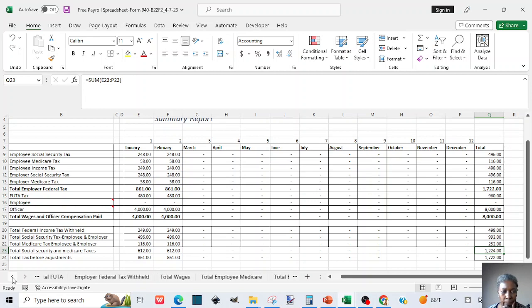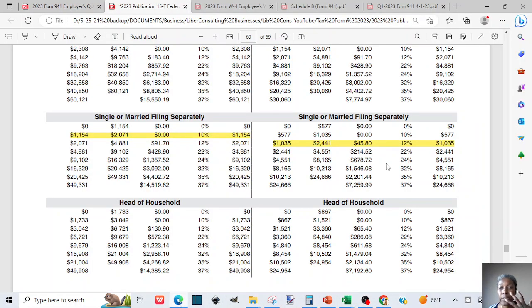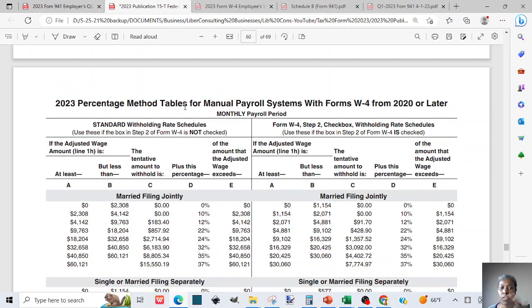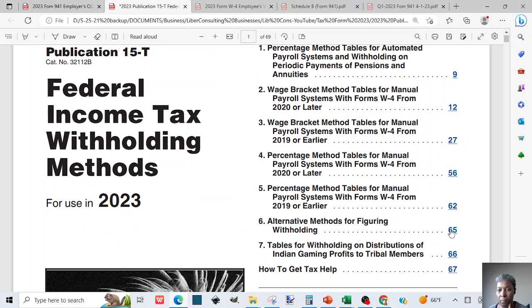Yeah, it will be the federal income tax, yeah, 163 and 86 with the wage brackets, but with the percentage method for manual payroll system, it is a little bit less. So the third one, let's go back all the way up. The third one is the alternative method,